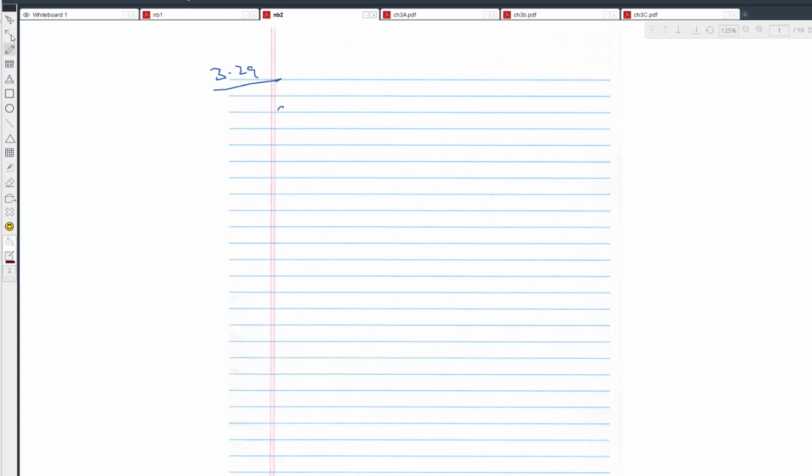So first we are making 1 butanol: OH, CH2, CH2, CH2, CH3. This is 1 butanol or not? Yes, I agree. It is. Okay, and now sulfuric acid and 140 degrees Celsius. We know it is dehydration, and because there is no choice, definitely OH you have to